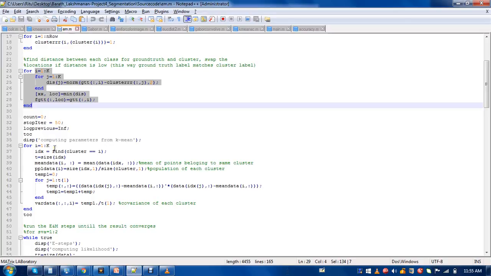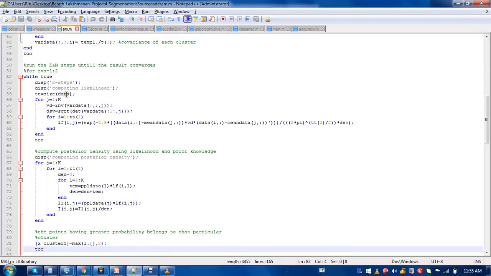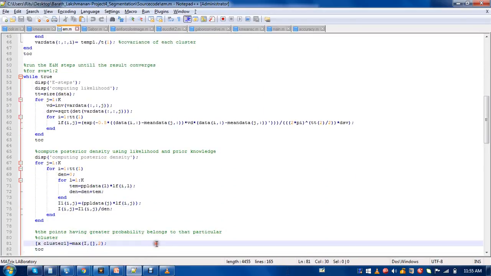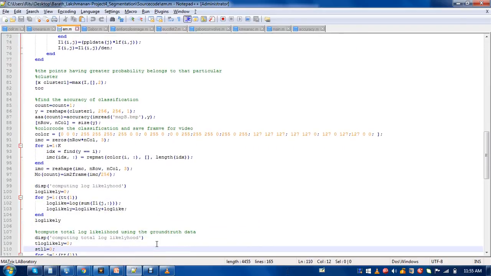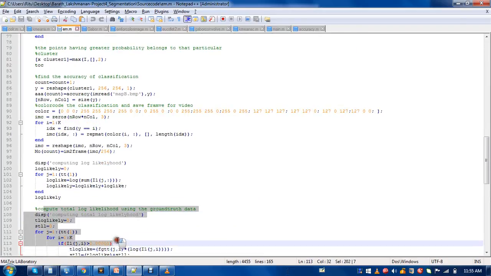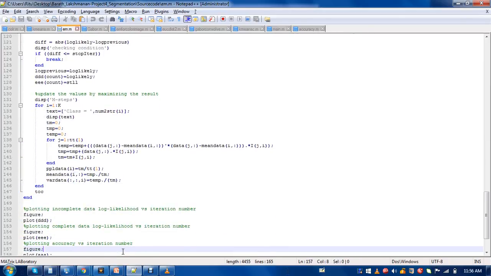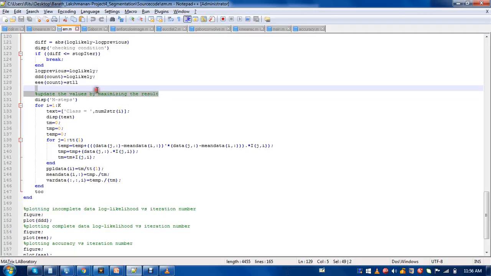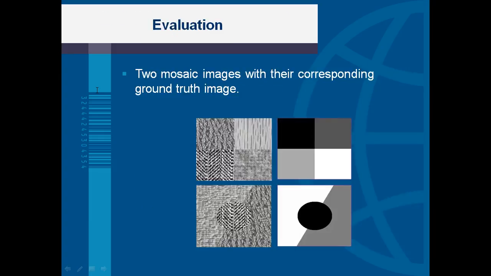Again, we run the EM step until the result converges in this while loop here, and the convergence threshold is calculated over here. The threshold is calculated after the ground truth data is compared over here by updating and maximizing the result, because we have to maximize the output. Now, moving back to the presentation,